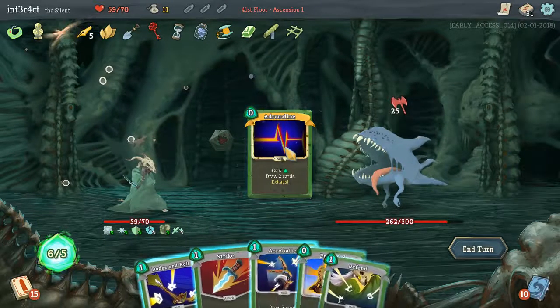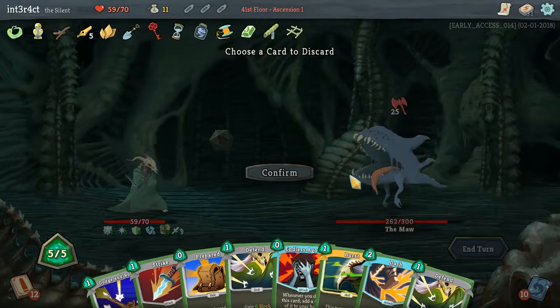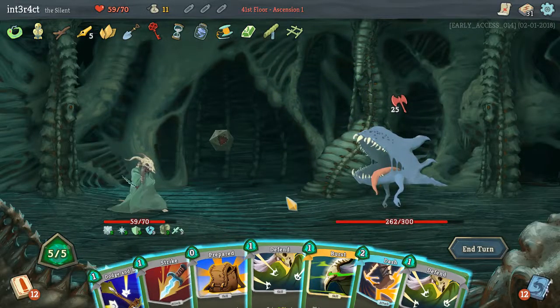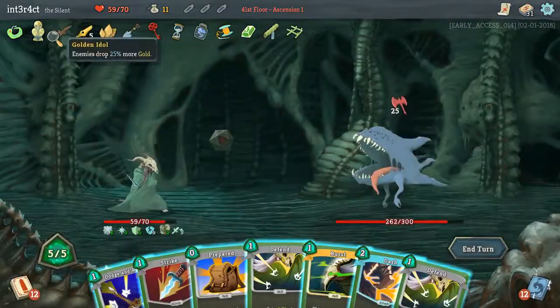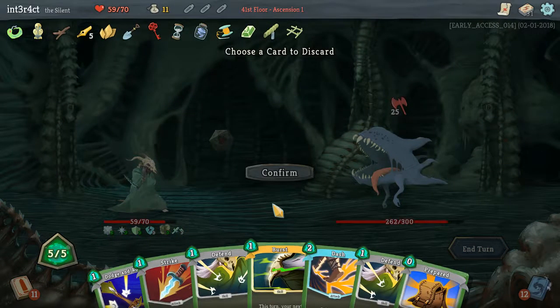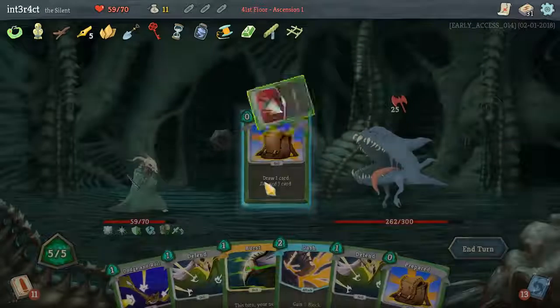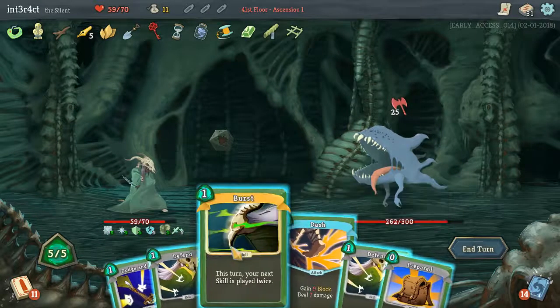Alright, Adrenaline. Technically I didn't draw it, huh? Better. I guess it was actually no, I shouldn't have discarded that. It's a free reroll into something else with that branch. I think if I burst,